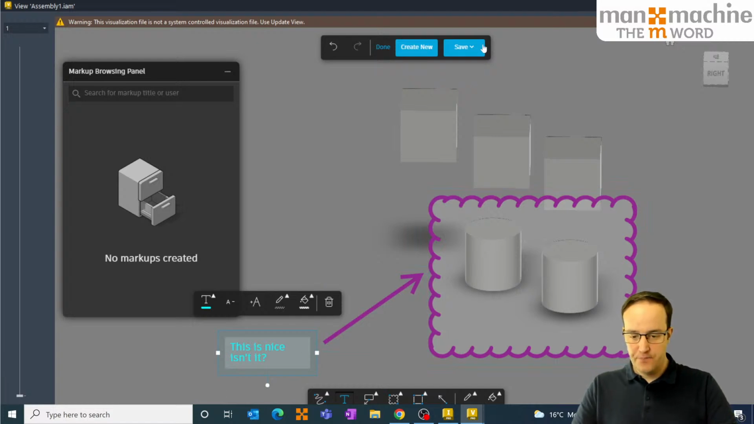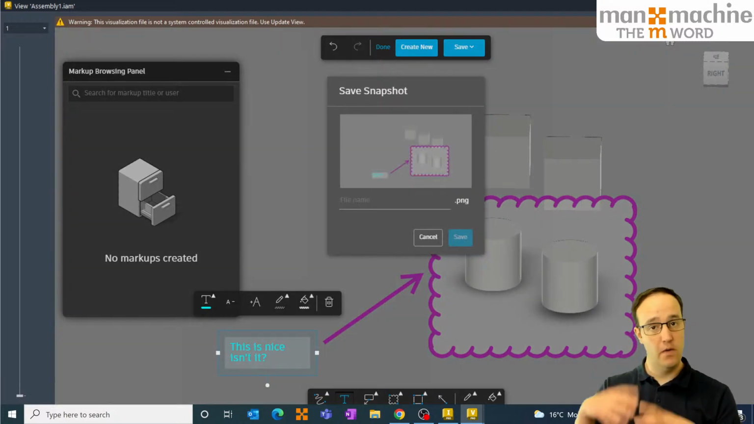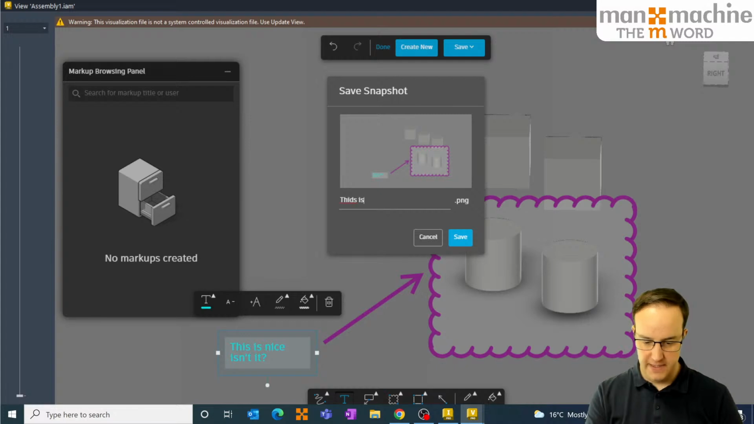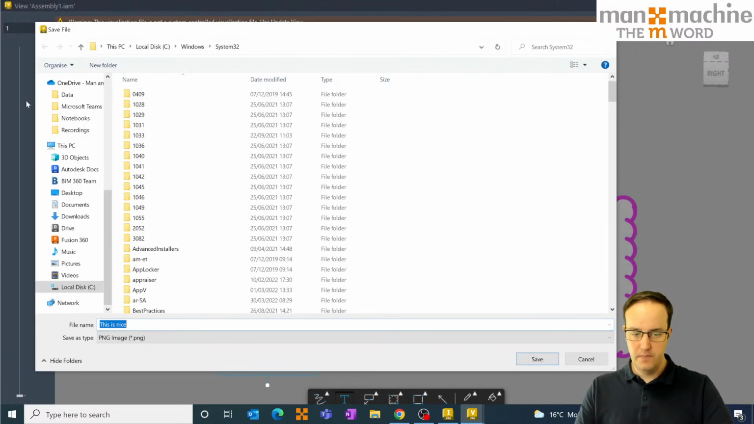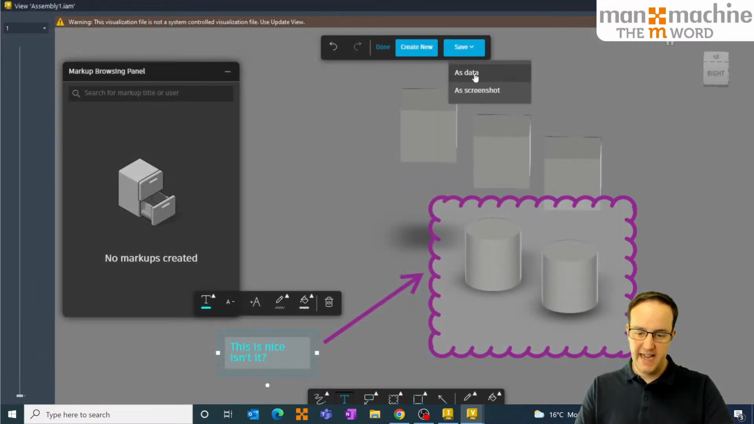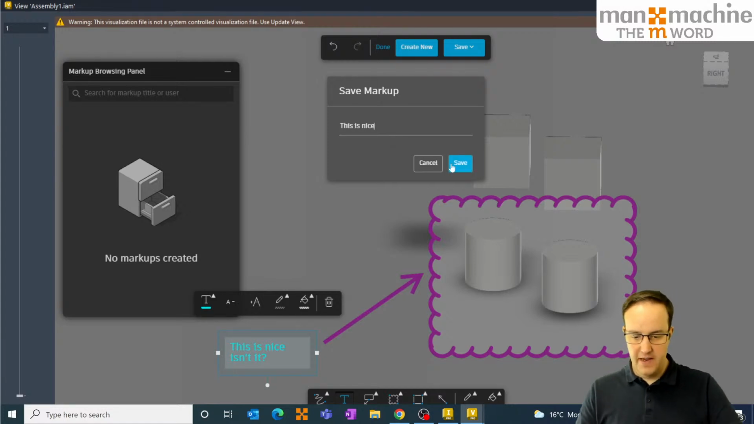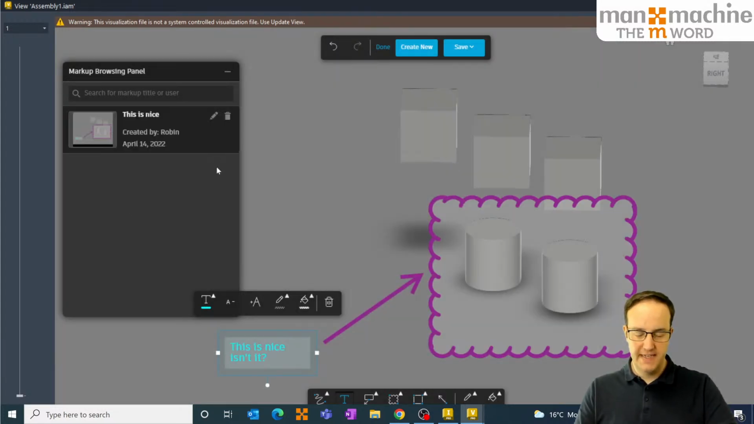And when we add these, we choose to save. We can either save it as a screenshot. If we save it as a screenshot, it's just saying, well, there it is. This is nice. Hit save, and that'll save away onto my desktop. Or we can say save as data. If we save it as data, we can give it a name, and it puts it in this panel